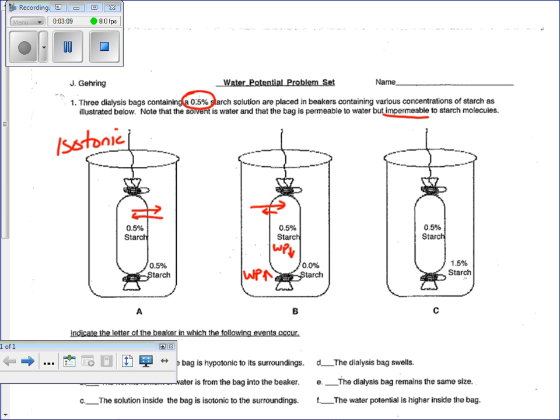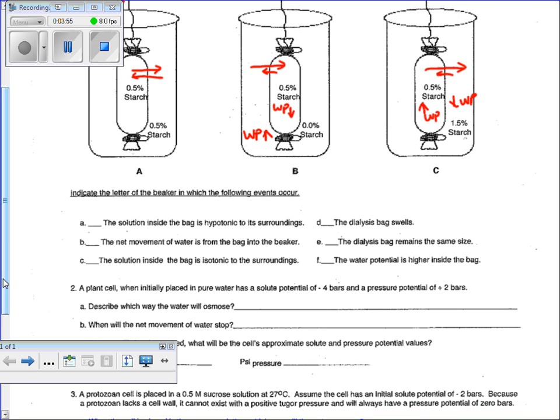Yes or no? And in the third case scenario, 0.5% starch versus 1.5% starch, where is there going to be more water bound to solute? Outside, so the water potential is going to, outside it's going to go up or down. It's going to go down. We would expect a lower water potential outside, a higher water potential inside. Again, water will move in both directions, but I expect more of the water to go which way? Out. I expect a greater amount to go out compared to the amount going in. Any concerns on that part? That's base knowledge.